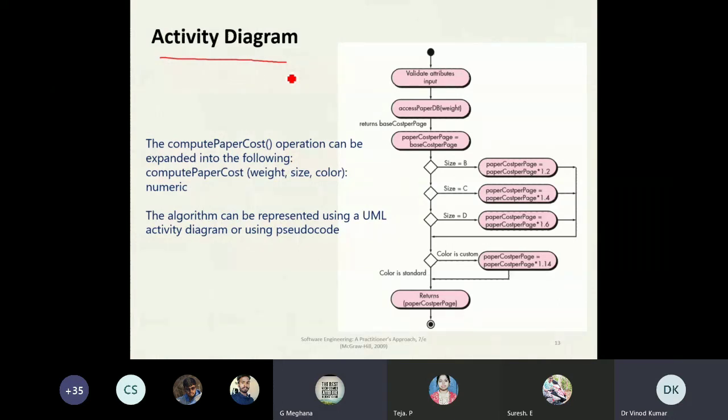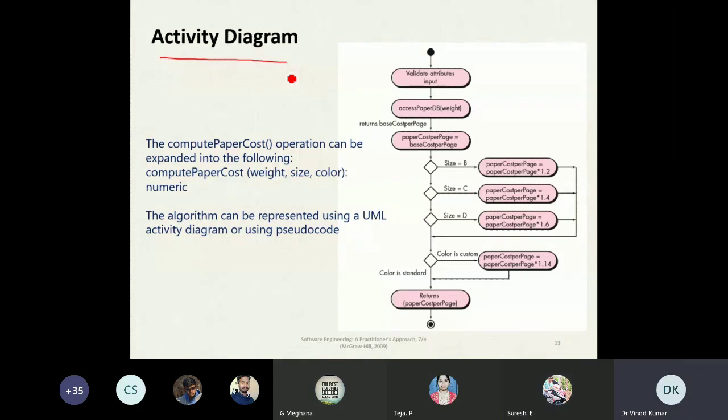Modeling, sir. Modeling is a common term. Whatever diagram you prepare, that is modeling. I am asking specifically about the activity diagram.